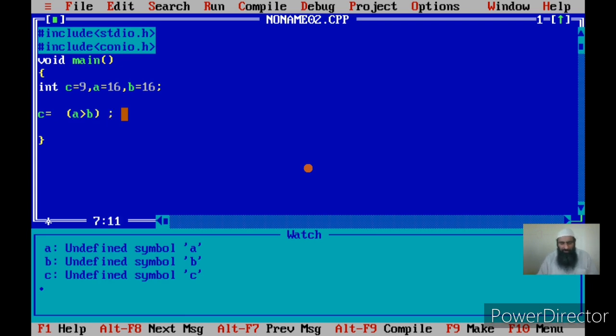Then I check and A is greater than C. Okay. Now what does this mean? As I told you, only one operation will be performed at a time. Okay.